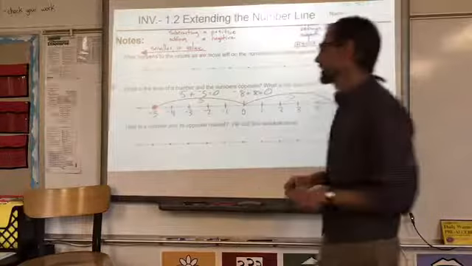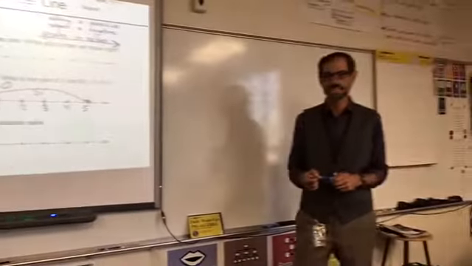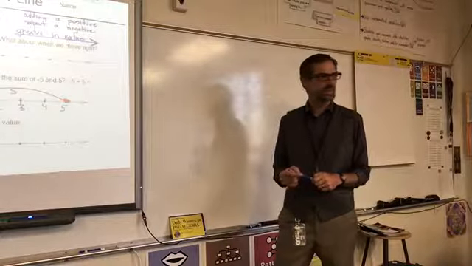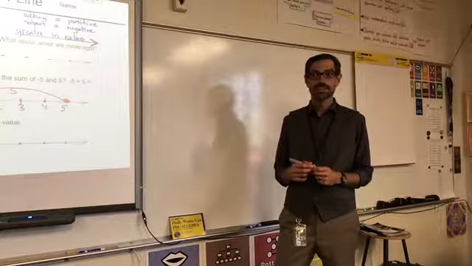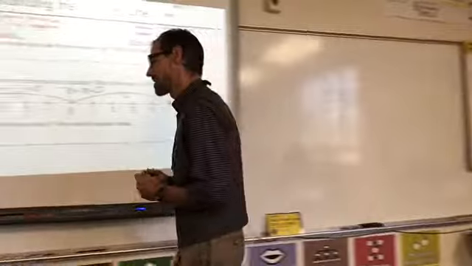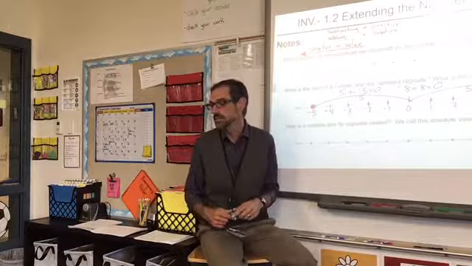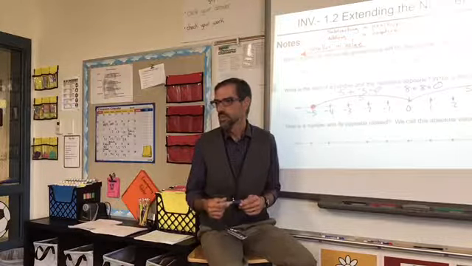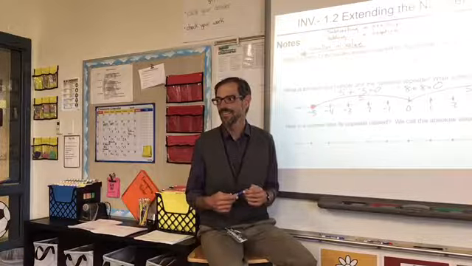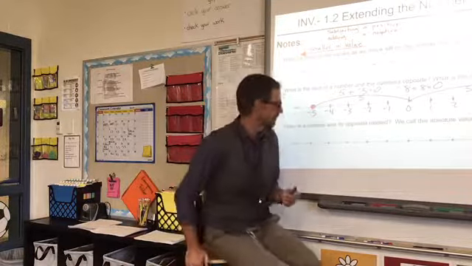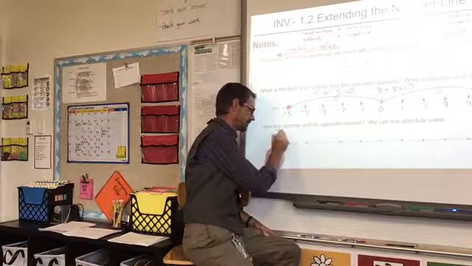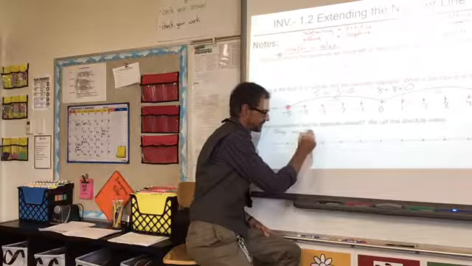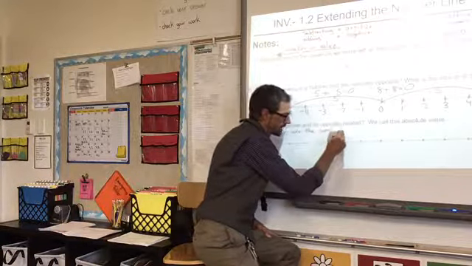So this last one, it says, how is a number and its opposite related? How are they related? I just explained. They're opposite. But what does it mean to be an opposite? They're both the same distance from 0. Boom. Write it down. So, how is a number and its opposite related? They are the same distance